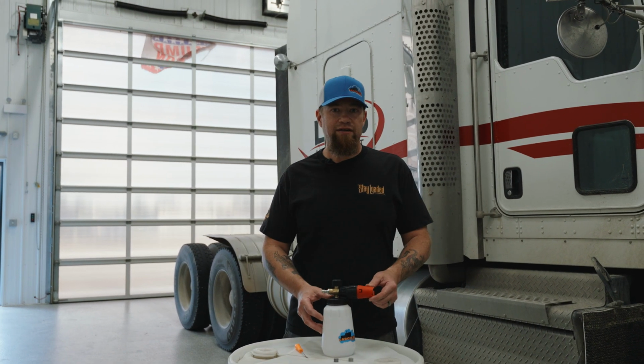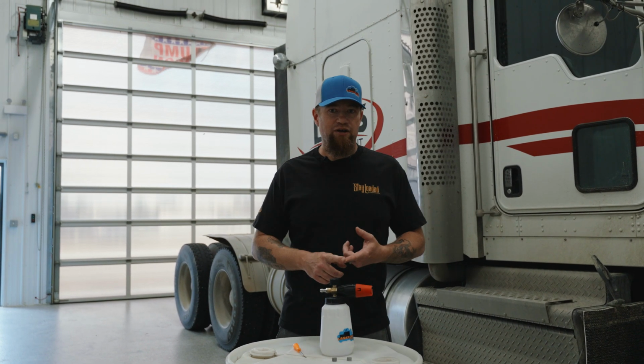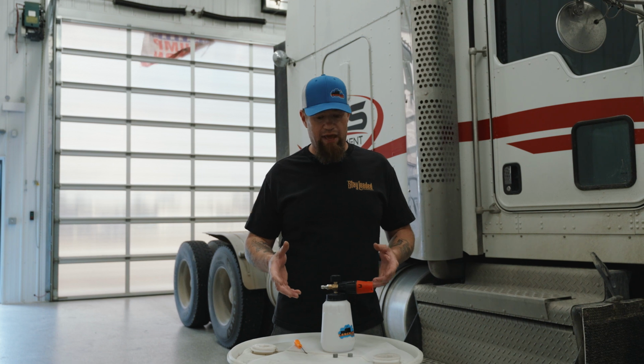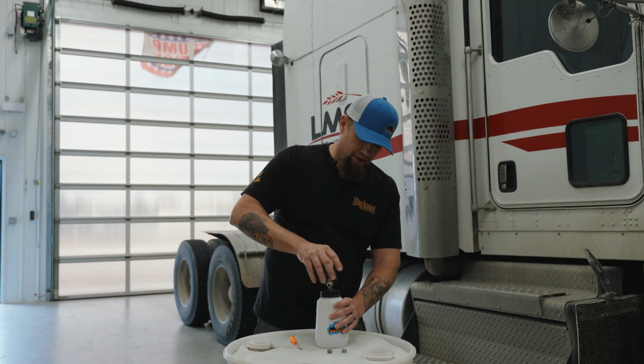So after you've done that, if you're maintaining your foam cannon and you find that it's still not working properly, one of the next best things you can do is give it a bit of a flush. Some of the things we do here: start off by just soaking it in a little bit of water and some vinegar. You probably want to use about a gallon of water and 2 or 3 ounces of vinegar. You want to take the head off the kettle